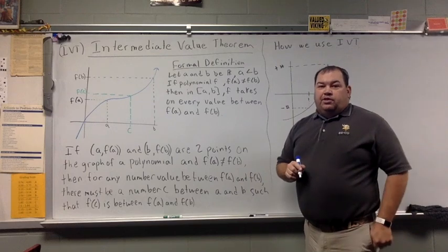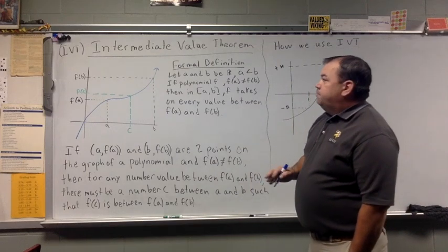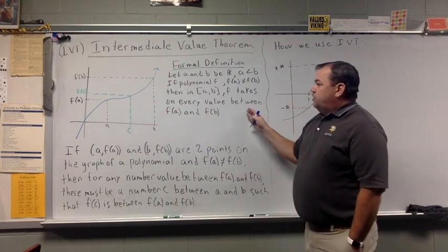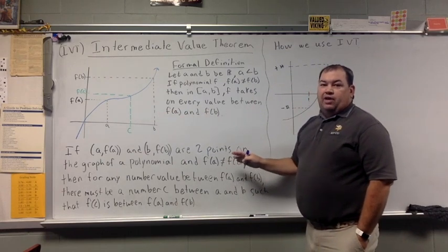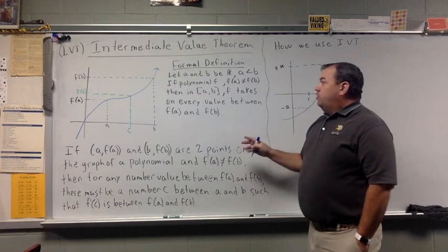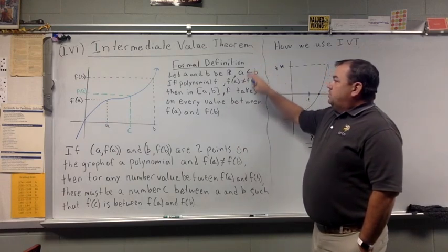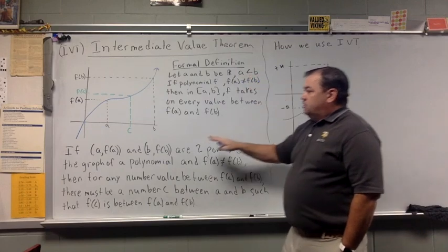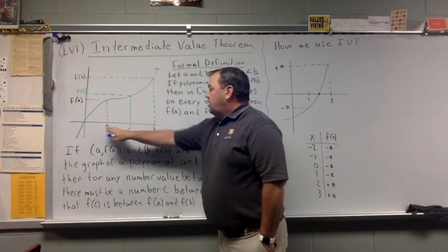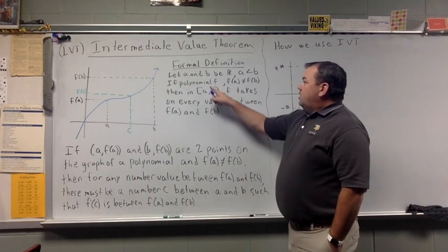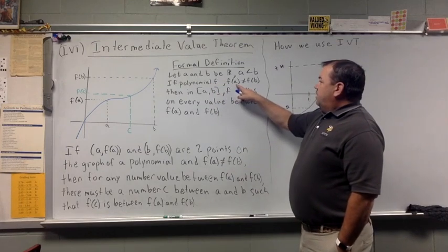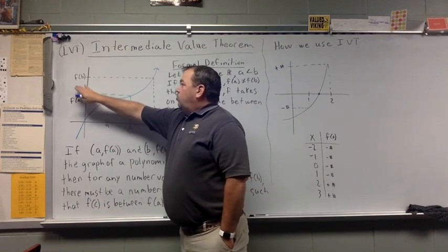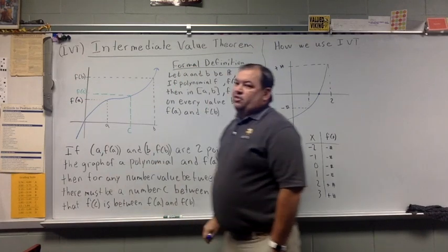I'm going to briefly discuss the Intermediate Value Theorem. Here's the graphic we're going to use to look at the formal definition and the informal definition of how to use the Intermediate Value Theorem. The formal definition says let a and b be real numbers and a is less than b. So you can see that on our graph here, a is less than b. If polynomial f has f of a not equal to f of b, so now we're looking at my y values, notice they are not the same,